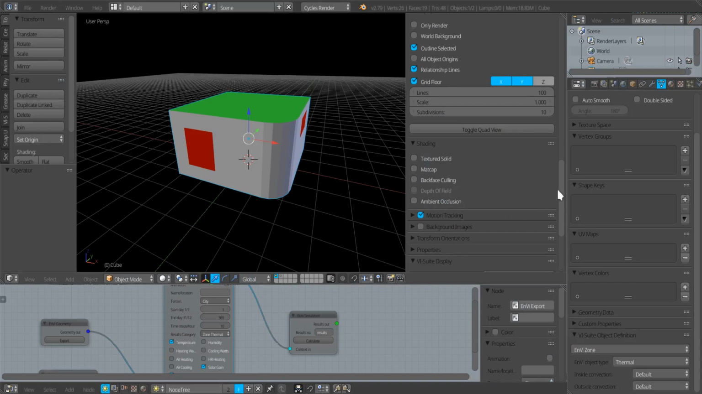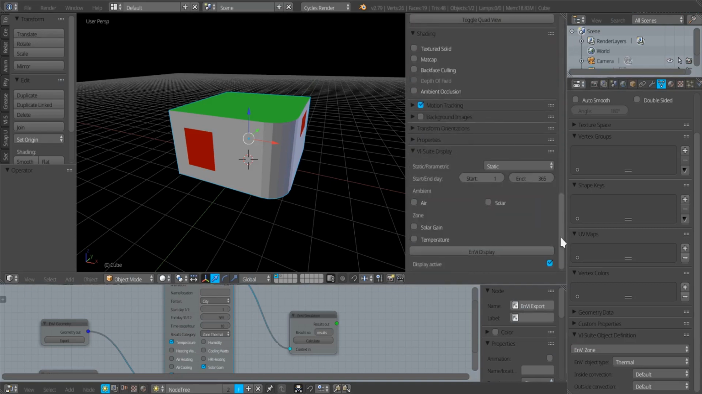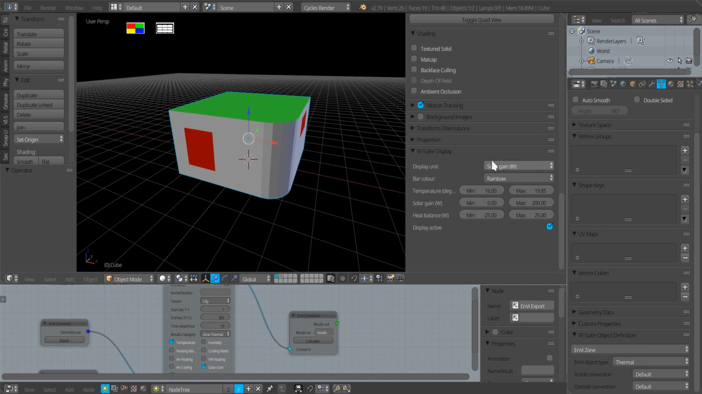And once that's finished, at the bottom of this 3D view panel, I've got my V Suite display tab, and I've got some options in here. I could pick static or parametric results visualization, but as I've only done a static analysis here, I've only got static available. I can pick to visualize a subset of the simulated day range if I want, but I'm going to stick to 1 to 365 here. And I've got some advanced experimental options here about visualizing ambient conditions and visualizing zone results. But I will leave those turned off for the moment, and I'll hopefully talk about them in a subsequent video tutorial. So I'm just going to go ahead and press EnVi display,